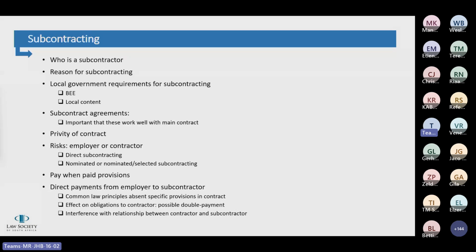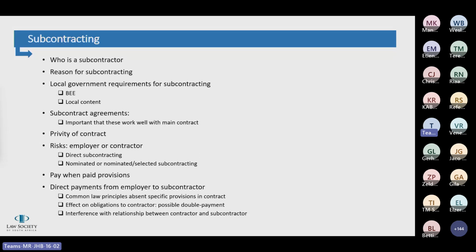However, we do see sometimes the employer nevertheless agrees to make direct payments, and it's often because they're just trying to save the project and they don't want the subcontractor to stop the work. But that has got its own consequences and risks which lie then with the employer. So the effect is that there might be a possible double payment by the employer. So if they choose to pay the subcontractor directly, rather than to pay the contractor and leave the contractor to manage their own subcontract,